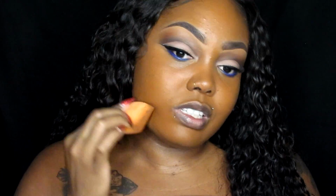Just to give you guys a good review, I'm not even going to... oh my gosh, I just really want to put another foundation with this, honey, but I'm trying my best. It is right here. What is this? What's going on here? Like this and this. Lord Jesus. Maybe I should have gone with a lighter foundation because...